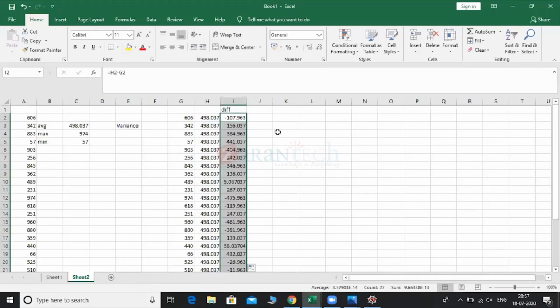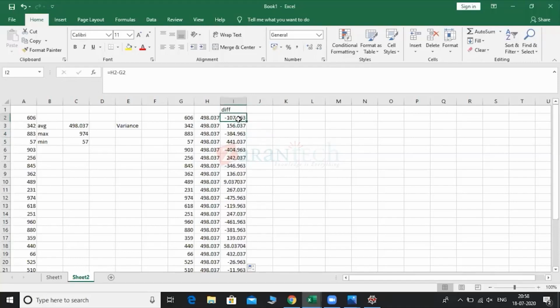We have calculated the average, but each number is somewhere different from this average number. So what we need to understand about the data is how much the average is varying from the actual number. Right now we have just calculated the difference, but the difference itself will not give us a clear picture of what is happening. So what we also need to understand is